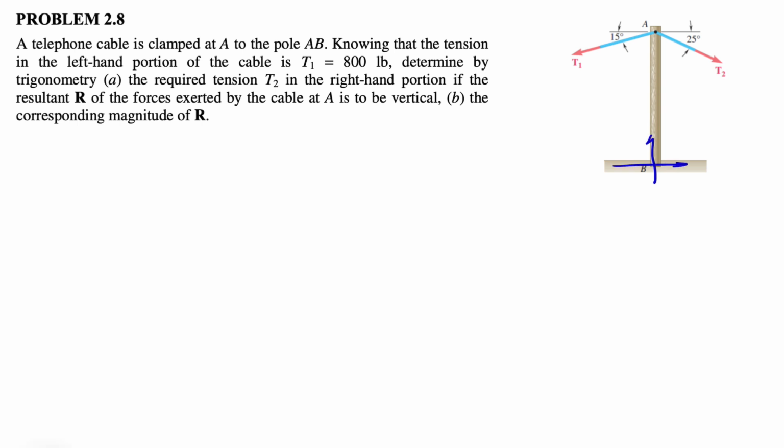So we can call this our X and Y. But since we are asked to find the answer in this question by trigonometry, we're not going through X and Y, but that's another way to solve the question. So in the B part, we also need to find the corresponding magnitude of R. So we can use the triangle rule in order to find the resultant, and for that, what we're gonna do is that